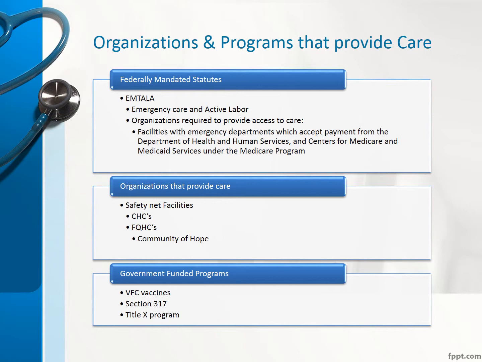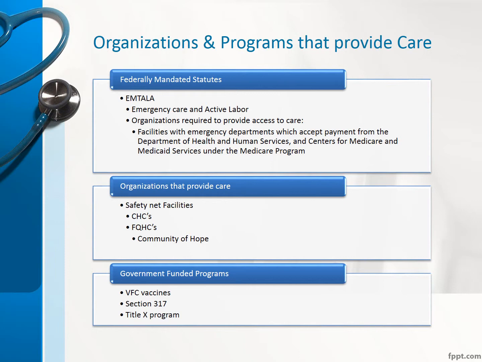Specific organizations providing health care for undocumented immigrants are safety net facilities. These include community health centers and federally qualified health centers. These health centers get a lot of their funding from the federal government and certain types of other grants. An example is Community of Hope, which is an FQHC in Washington, D.C., which specifically provides care to homeless, underinsured, and undocumented patients in the D.C. area. They also have a specific grant in which they specifically care for undocumented patients from Ethiopia, from West Africa,